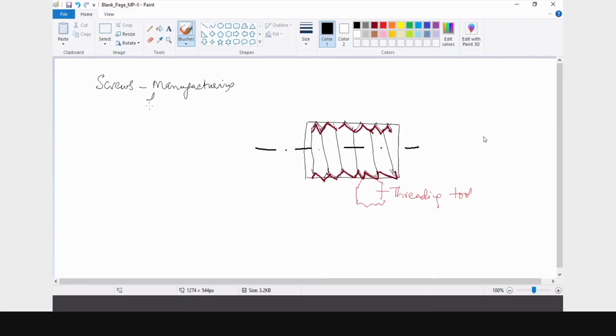Small screws. Right. Because they are very small components now, this is done by thread rolling process. They are not done by machining process. Only bigger screws or bigger threads, if you want to make that, those are possible on the machining operation.